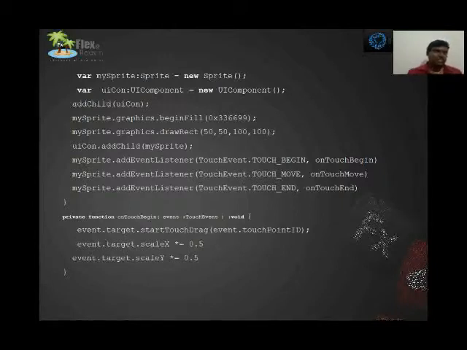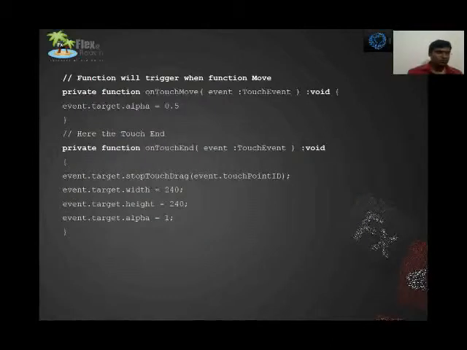So I have mentioned event.target.scale equal to 0.5. The second function will trigger when the user is dragging the image. We need to show that image, and I reduce the alpha to 0.0.